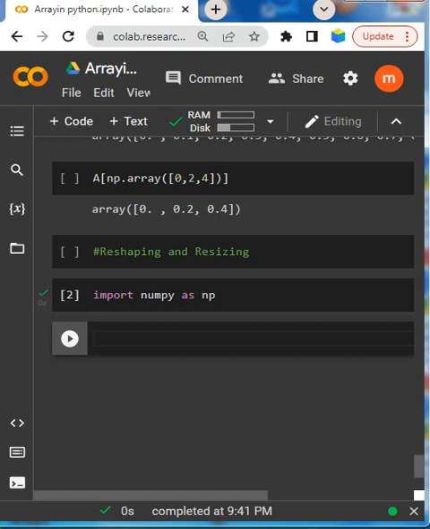np.resize means resize an array. np.append means append elements to the array, creating a new copy of the array. np.insert inserts elements. Similarly, let's see that I am going to create data equal to np.array